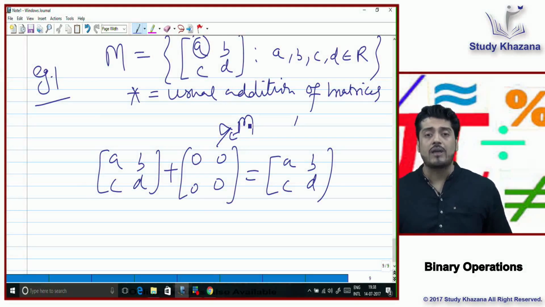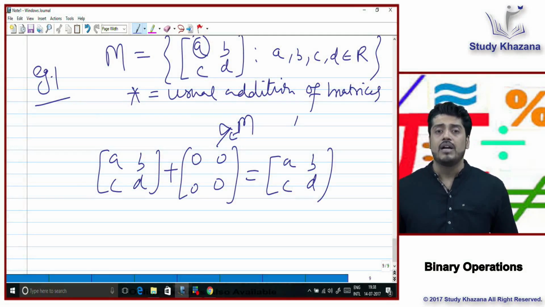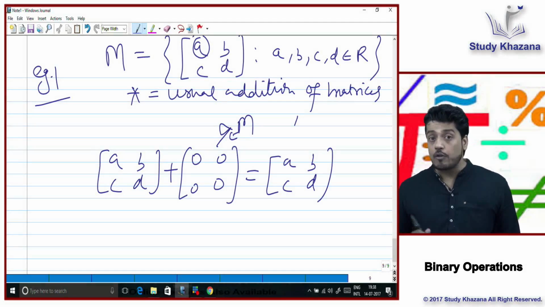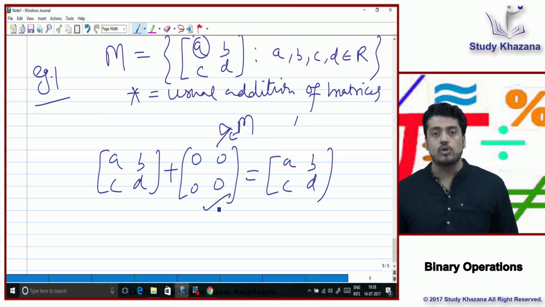Because what is the requirement for any matrix to be in M? It should be a 2 cross 2 matrix और सारी एंट्रीज रियल नंबर होनी चाहिए. एंट्रीज सेम हो, डिस्टिंक्ट हो, there is no compulsion, but the entries must be real numbers. तो what I have observed, 0 is a real number. So obviously ये मैट्रिक्स [0, 0; 0, 0] कहां बिलोंग करेगी? M में बिलोंग करेगी. So therefore what I have observed finally,